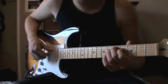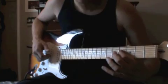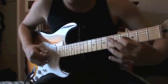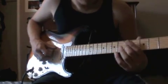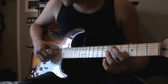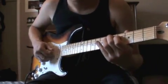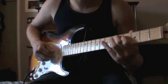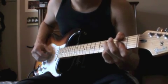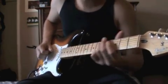Okay, and then you're gonna move it up to the 5th fret on the A string, and you're gonna use your middle finger on the 5th fret and your 1st finger on the 4th fret of the D, and then just an open on the G. Okay, and then you're gonna do basically the same thing. You're gonna go thumb, thumb, and then your 1st finger, okay, and then do that again. Thumb, thumb, 1st finger, okay, and then you're gonna hit the 5th fret again, and then the open one again. Okay, so that whole part right there sounds like this. Okay, then you go back into the